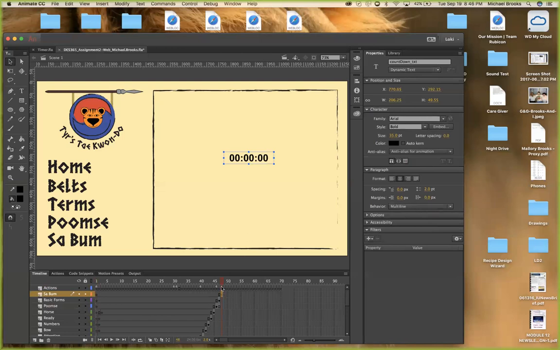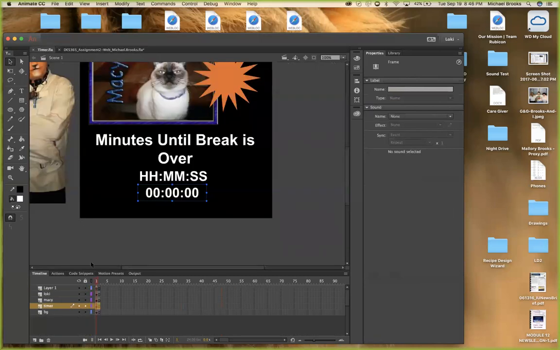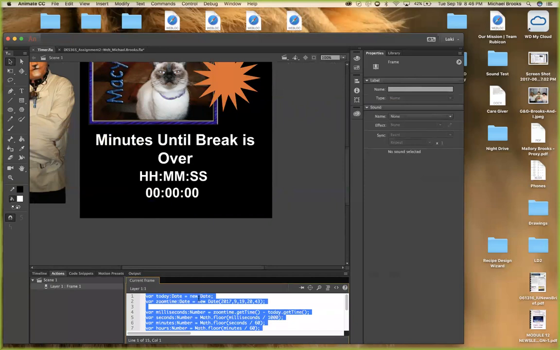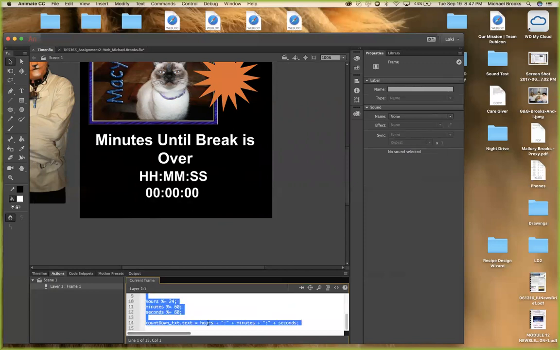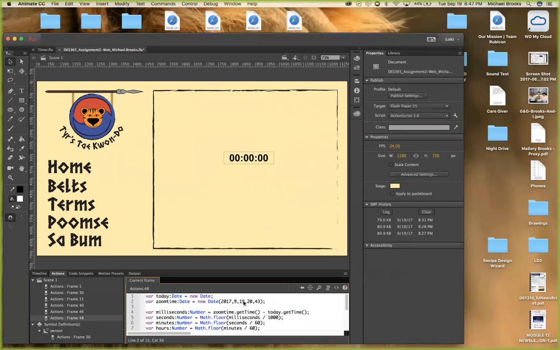So now I need to add the coding here. All right, so we're going to go back to it, easiest way. And we're going to go to the actions, Command-A-C. Now, theoretically, this should all work because it's copied, and you'll notice it comes down here. Countdown text equals, okay? So that should all work because I left that as countdown text. So now, frame 48, Command-V, all right? And now I'm going to put a countdown of the 9th month, which is September, 19th day today,